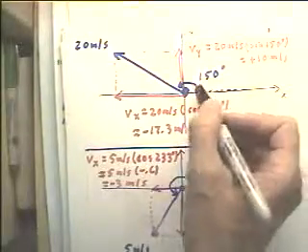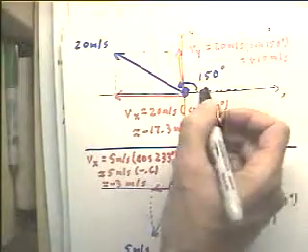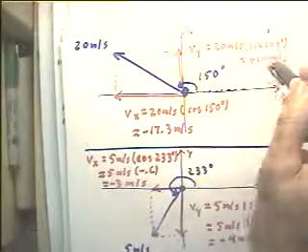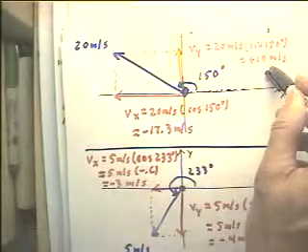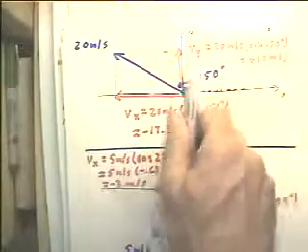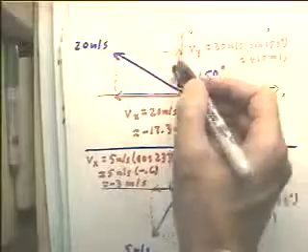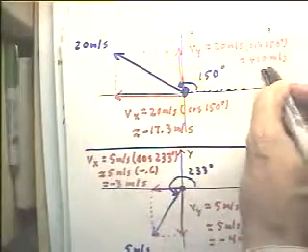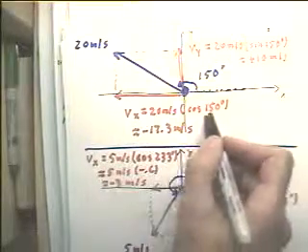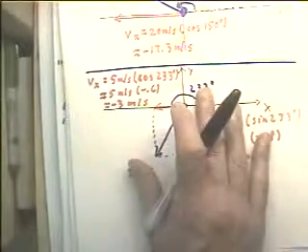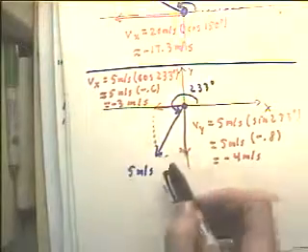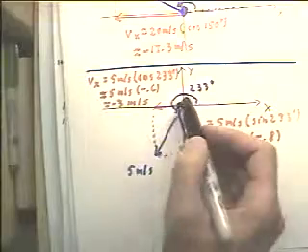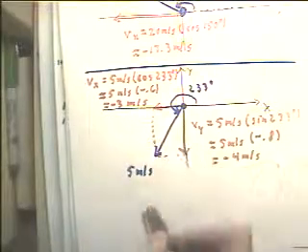As long as we measure the angles from the positive x-axis in the counterclockwise direction, the sine will always give us the correct y component. It'll be positive or negative depending on the quadrant, but it will always give us the right answer, always give us the right resultant, as will the cosine. Okay? Now, if we go into the third quadrant, we note that the x and y velocities both should be